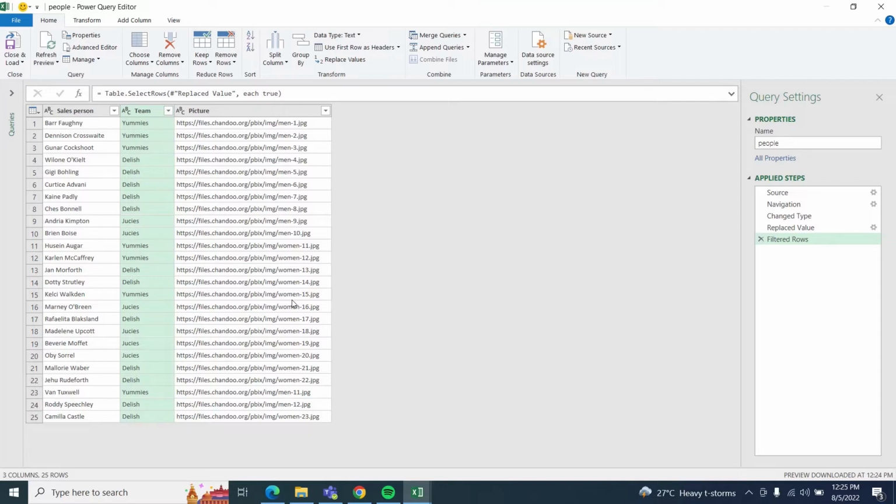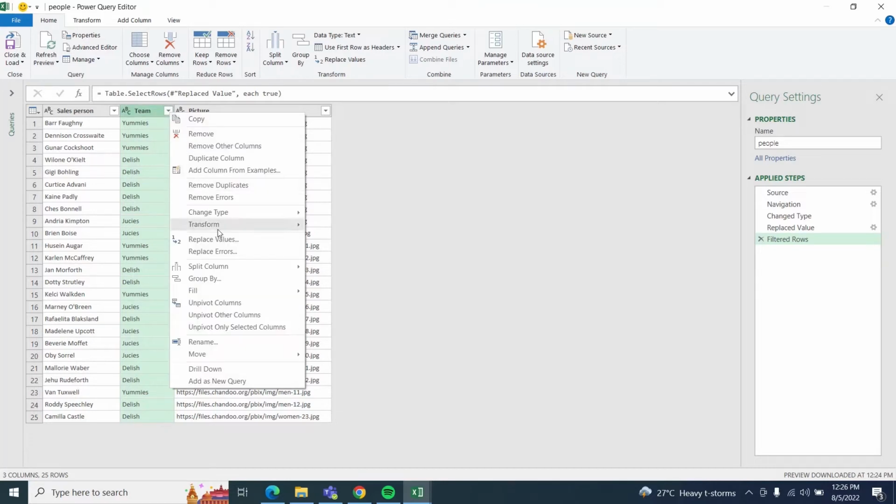Now the question is, there may be a business requirement, like if your test data is not written in a proper case, or the business requires that all the names should be in small letters. So how can you do it? Right click and navigate to the Transform option. You can see that if you needed to write SQL queries, how much time you would need to first understand the SQL and then write the queries. But with the help of Power Query, within a few seconds you can easily